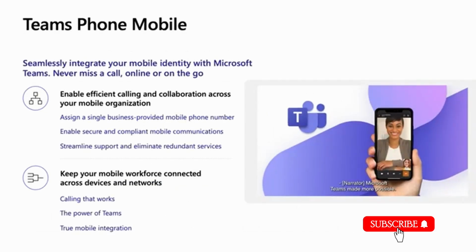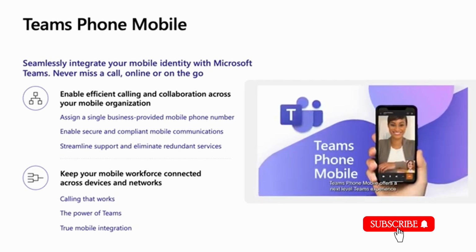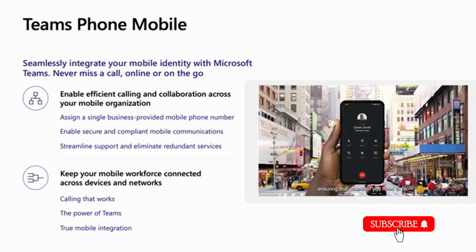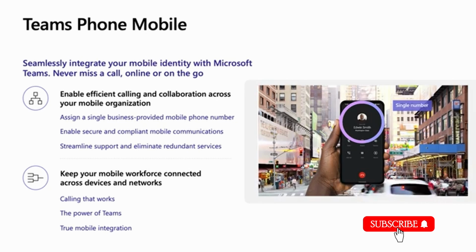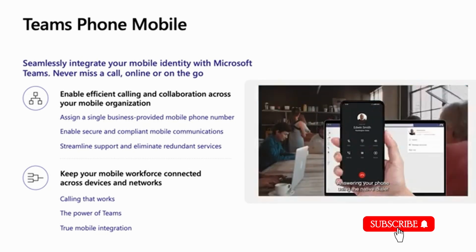Now, let's talk about our newest offering, Teams Phone Mobile. Teams Phone Mobile is a seamless way to integrate your users' mobile identities with all the Microsoft Teams collaboration and productivity. With Teams Phone Mobile, a single SIM-enabled phone number serves as your desk phone number, your mobile number, and your Teams number. It's really easy for you to move calls across networks and devices without any call interruptions. You can easily transition calls from your cellular service on the go to Wi-Fi once you